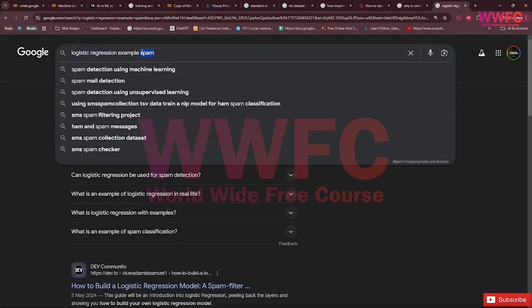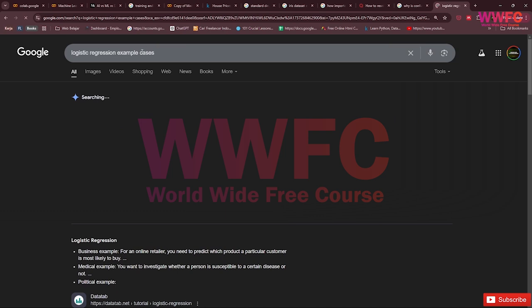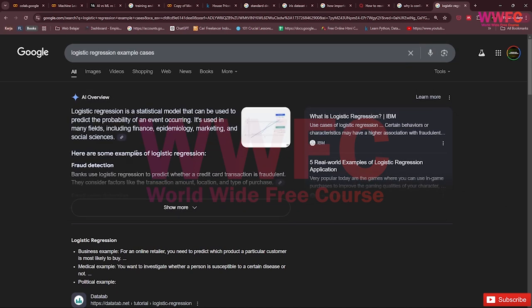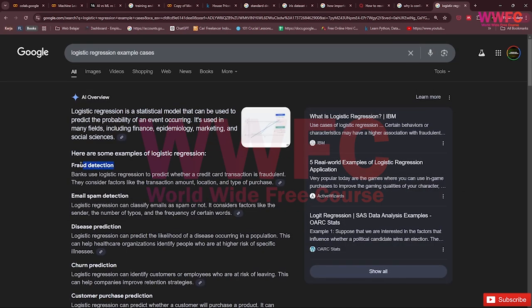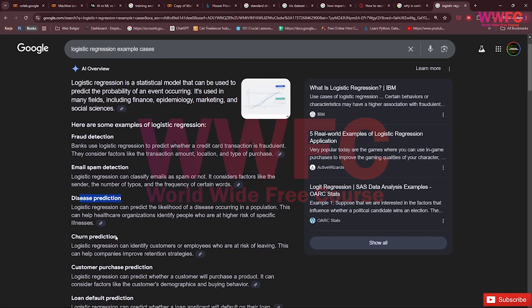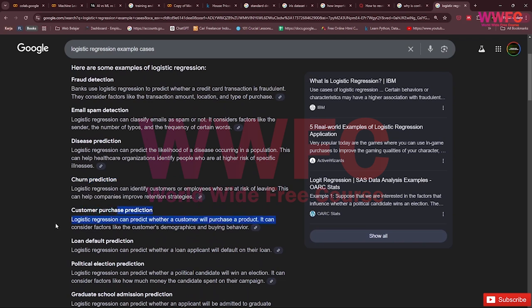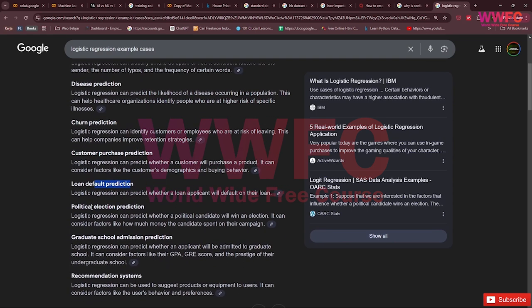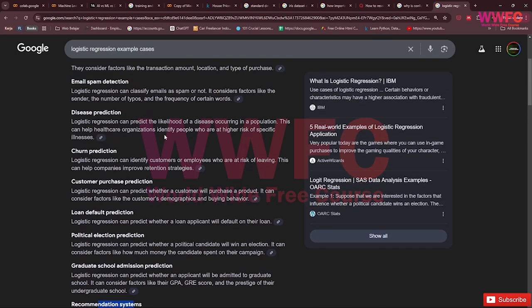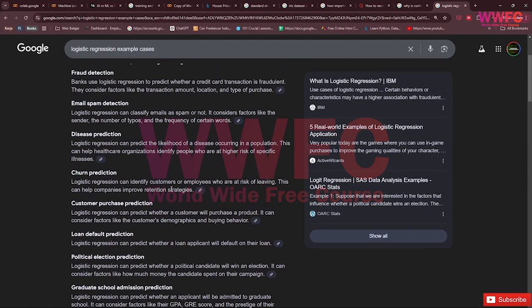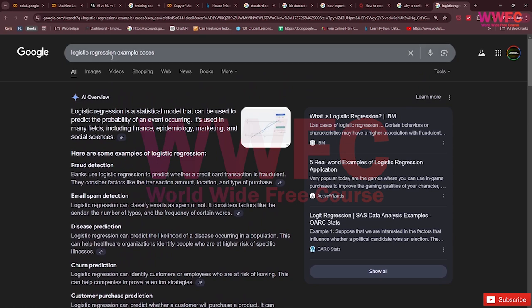Result example cases: fraud detection, spam detection, disease prediction, churn prediction, customer purchase prediction, loan default prediction, political election prediction, recommendation system. So there are a lot of example cases using logistic regression.